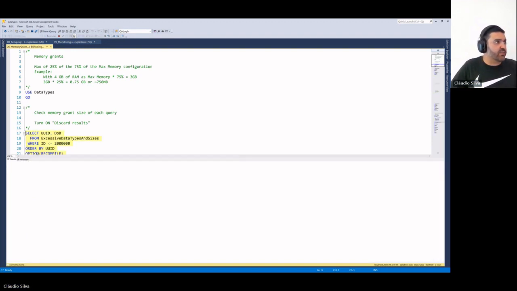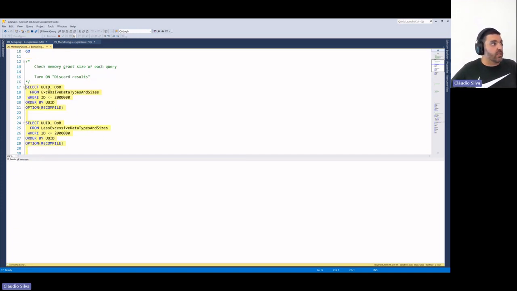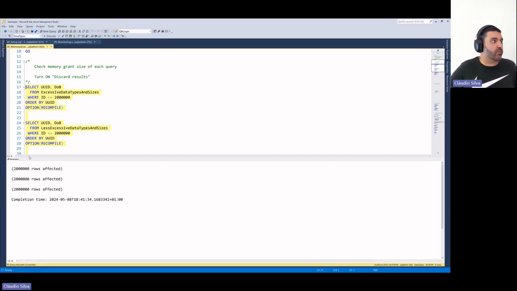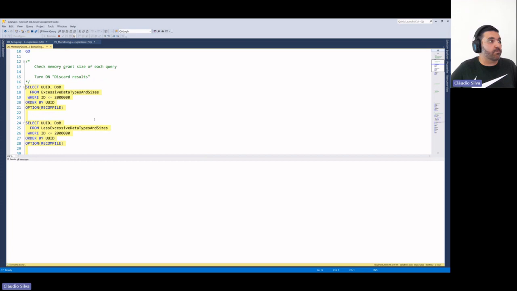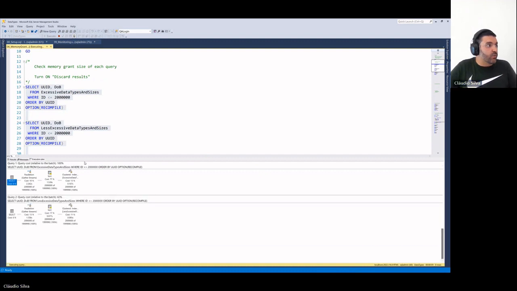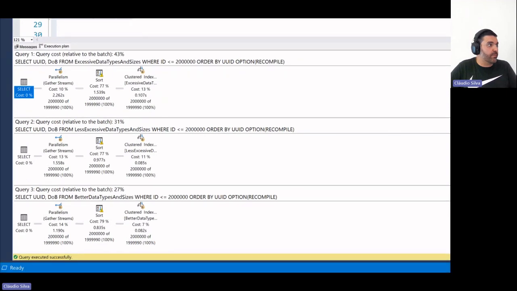If I run this way, I won't have any results here, which would be the grid, the date of birth, and so on, from 2 million records for each table. And if I turn on my actual execution plan, the plan that was run, we will have 3 of them here. And let's have a look.